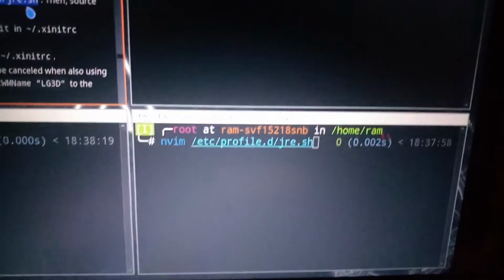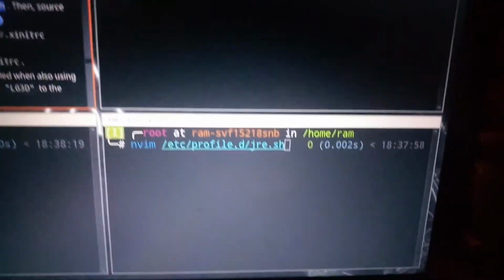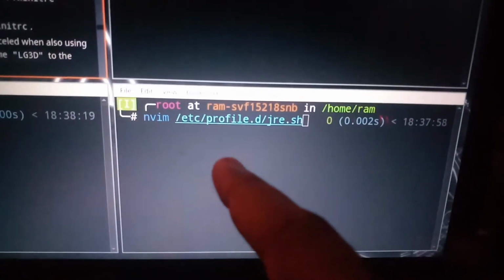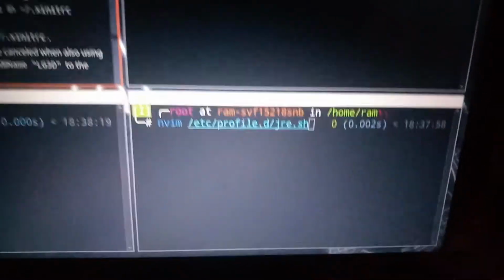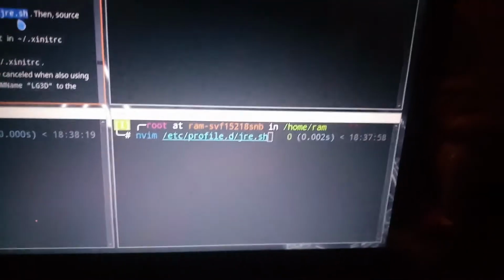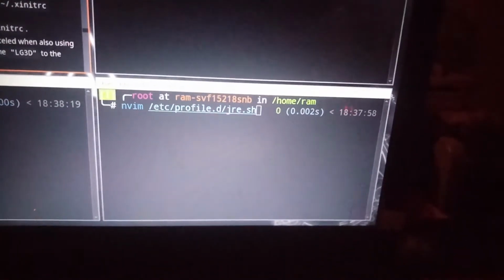To do that, you should have root user privilege. So I logged in as root user, and then using nvim, I browsed to that folder, then opened the jre.sh file using nvim.